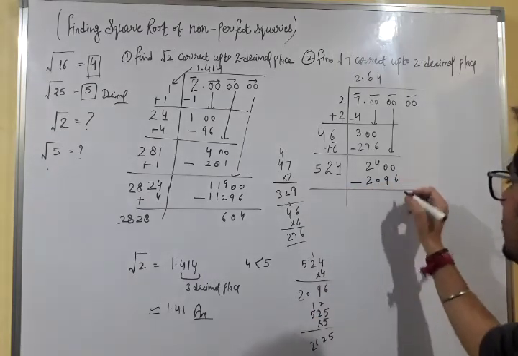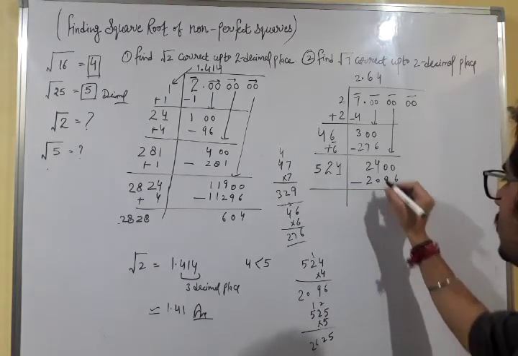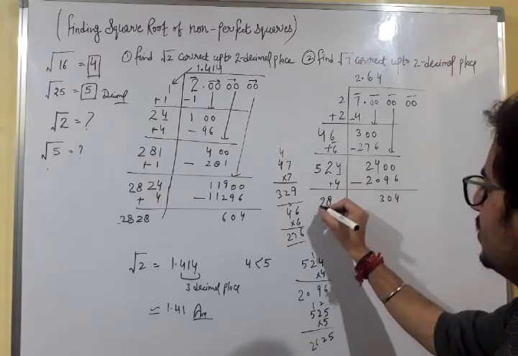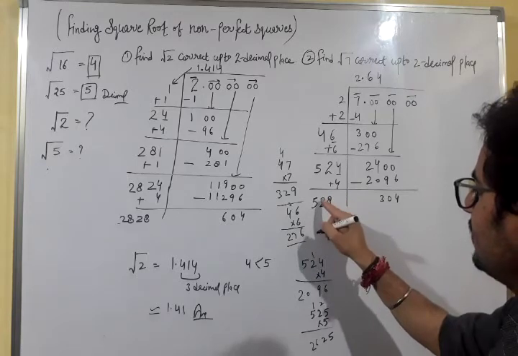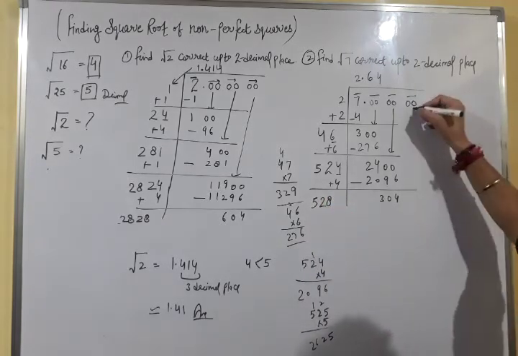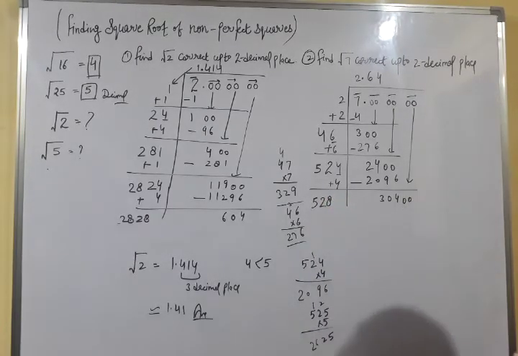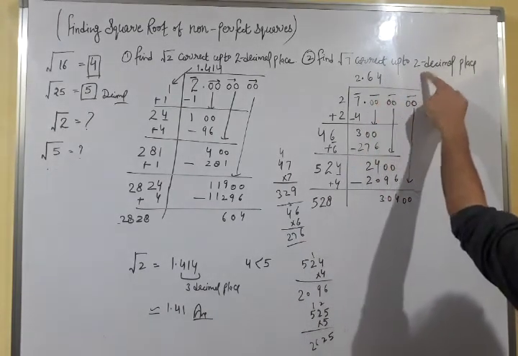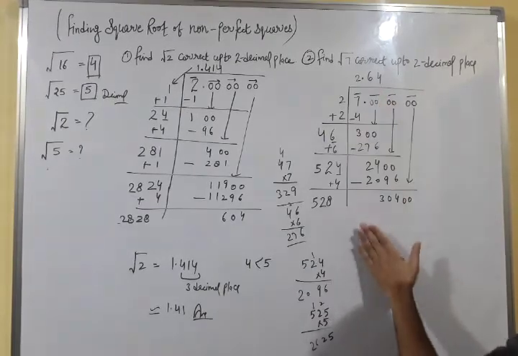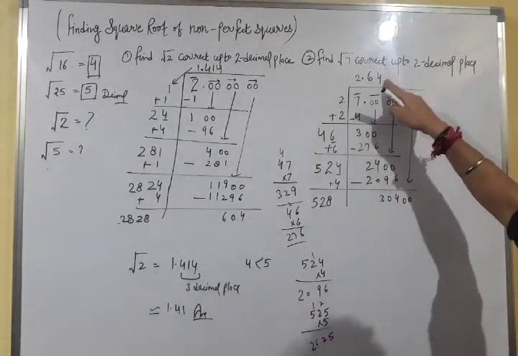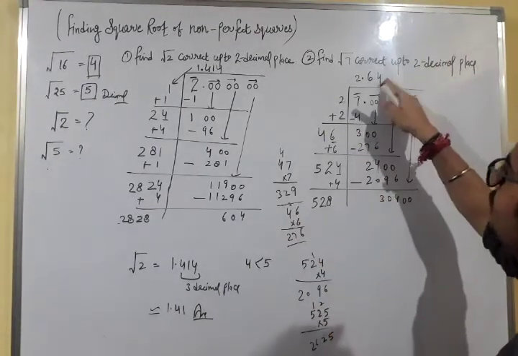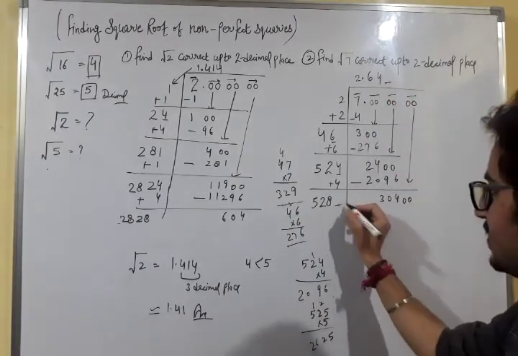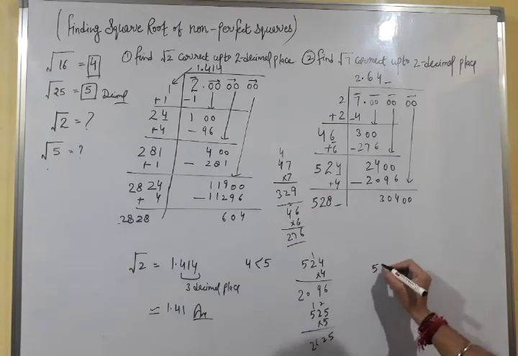Subtract. 10 minus 6 is 4. 9 minus 9 is 0 and it is your 3. We will add 4 here. 4 and 4 are 8, 2 and 5. We will carry the next pair of digits, 00, because we have to find the answer correct up to 2 decimal places and still we have only 2 decimal places. To round off that number, we need one more place here. We have to write some number here, 528.